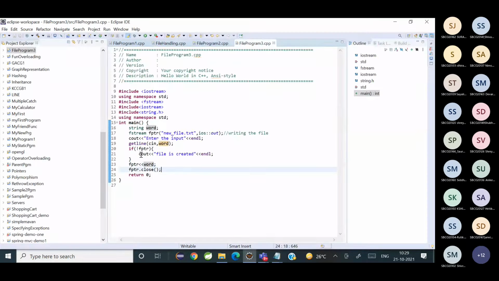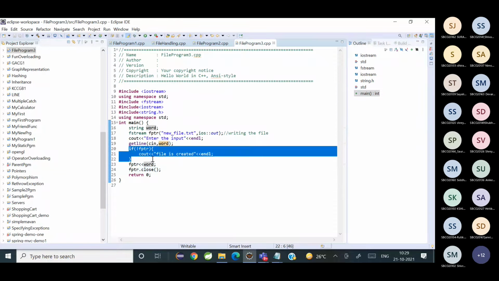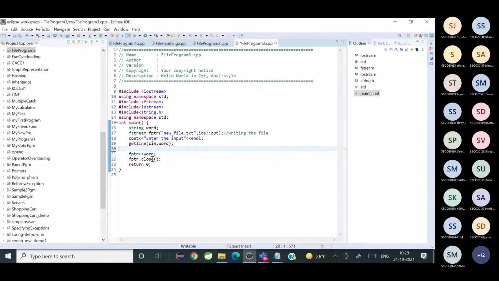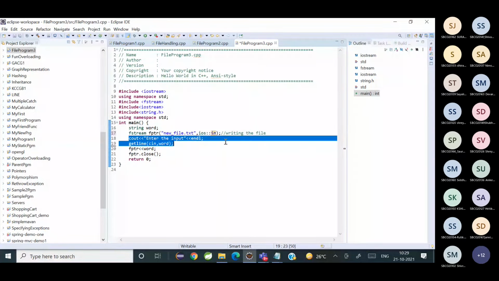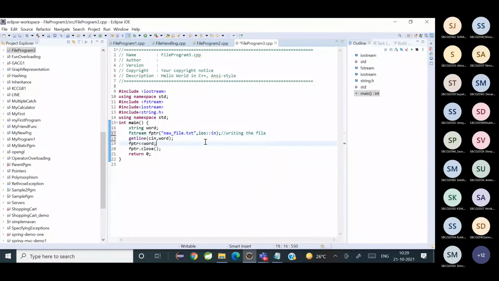Now I'll just modify this again. Suppose, instead of out, I'm going to write it as in. And here you're reading the line from the file pointer, mptr.